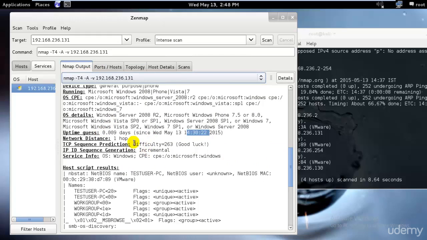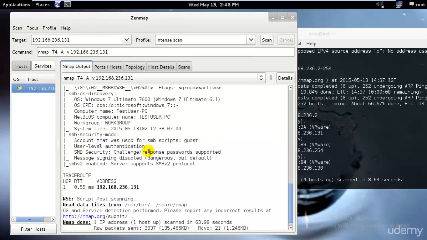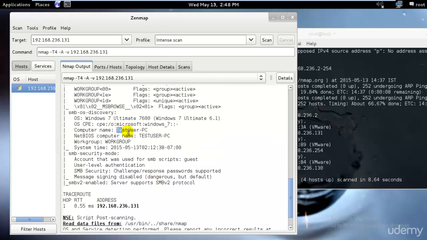And as you can see, the TCP sequence prediction is 263. That means we can easily penetrate into that. Again, the operating system is Windows, and we have all the information that we need. The computer name was test user, since